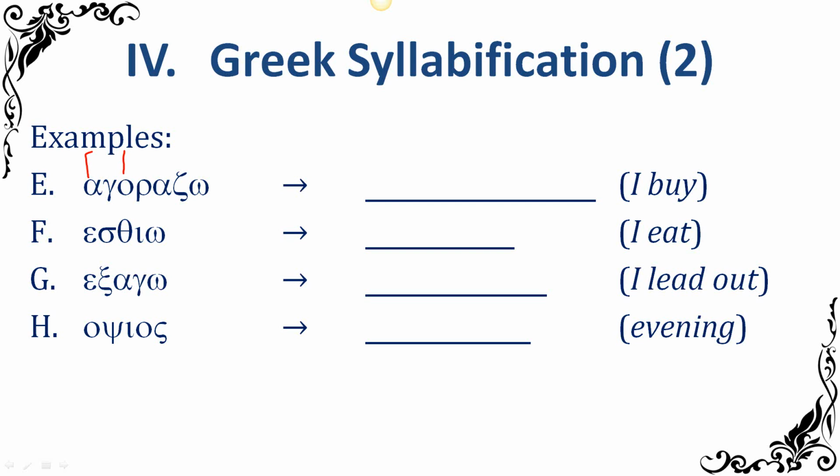How about alpha? Yes, it is a vowel. We already had it once. And then we have zeta. Is that a vowel? No, it is not. And then we have omega. Yes. All right, and we don't have any diphthongs here. We don't have any vowels that are acting together, so we don't have to worry about any of that. So now we know how many syllables this word is going to have. How many syllables will it have? 4, exactly. As many vowel sounds as there are, that'll be the number of syllables.